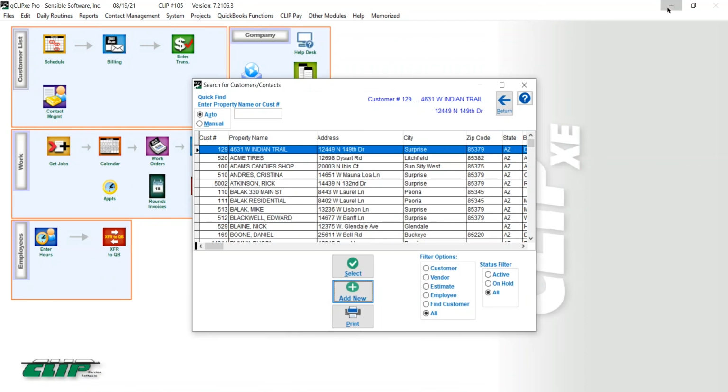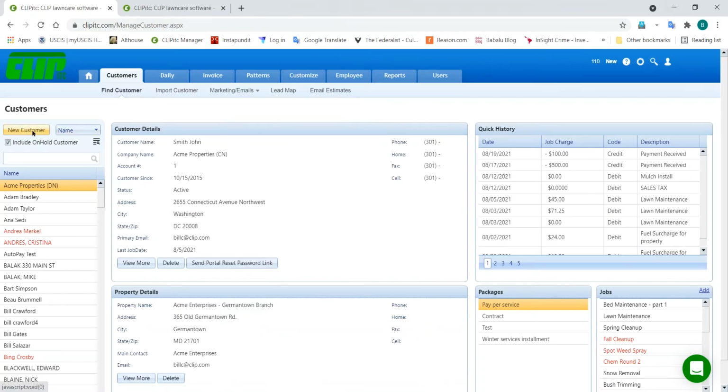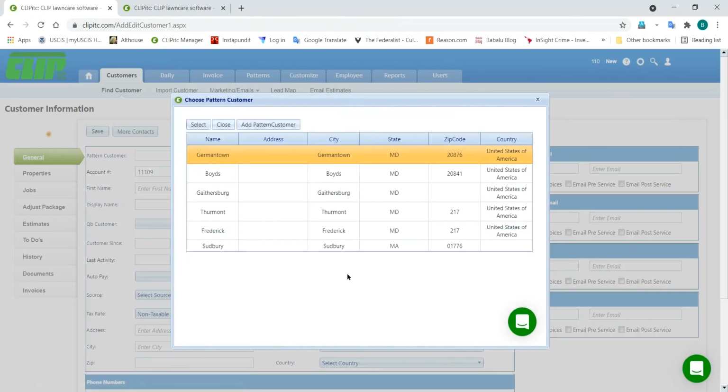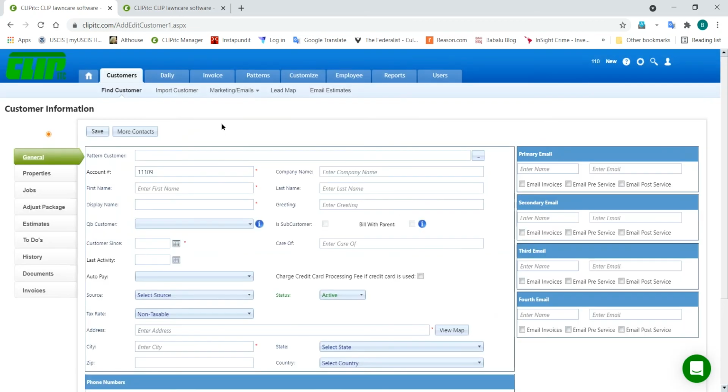In Clip ITC, I come here to New Customer, and it immediately brings up my list of patterns. So I could choose a pattern here, and if you need to create a pattern, you can create it at this stage. So let's say you get a call from someone in an area of your service community where you've not really offered services before, but you decide you're going to. You can add the pattern from here. But at this point, I'm just going to hit Close. And so notice you've got a blank